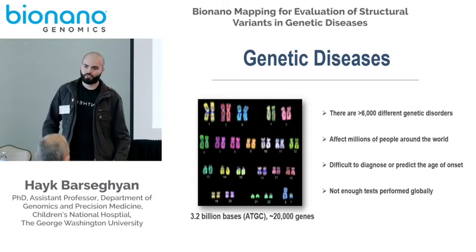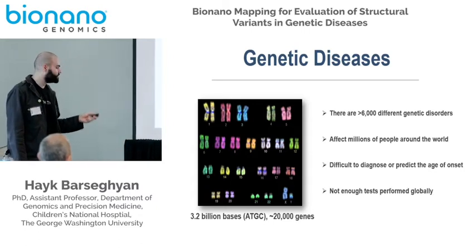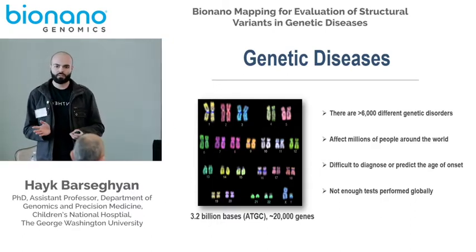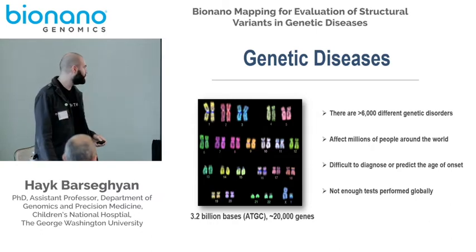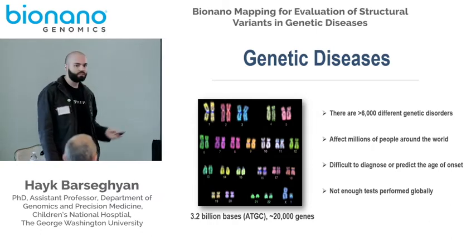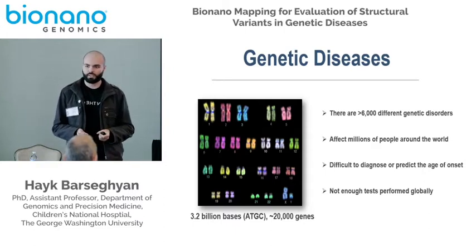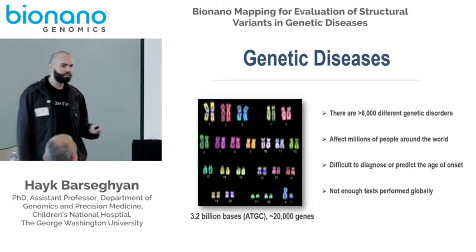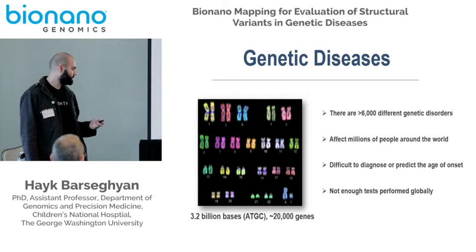So we're all familiar with the human genome, 23 pairs of chromosomes, more than 6,000 different genetic disorders identified to date. Most of them focus on Mendelian inheritance, so one gene, one phenotype, or multiple phenotypes that come with it. These affect millions of people around the world, and with the low prices for short-read sequencing, what we're seeing is that millions of people in the next 10 years are going to go through Illumina sequencing to get their genetic